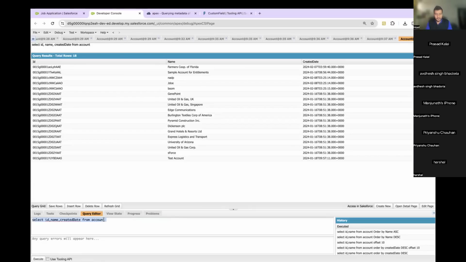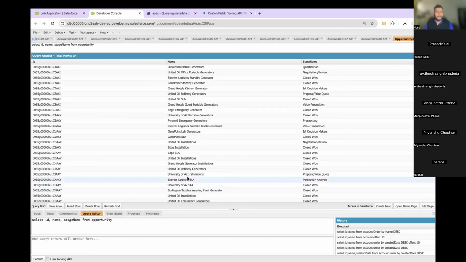I will query this on opportunity because opportunity has certain fields which I can use. Select ID, name from opportunity, stage name. There are various different stages in the SOQL query. If I write group by and then stage name,